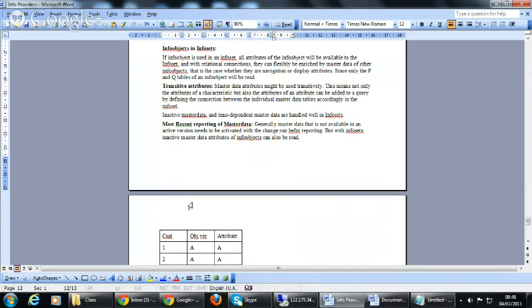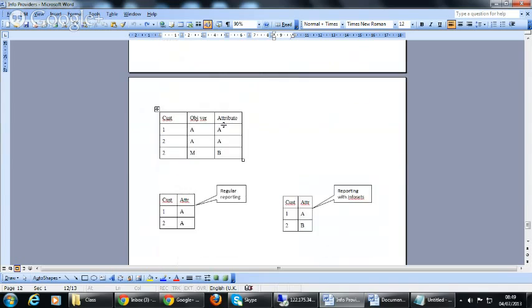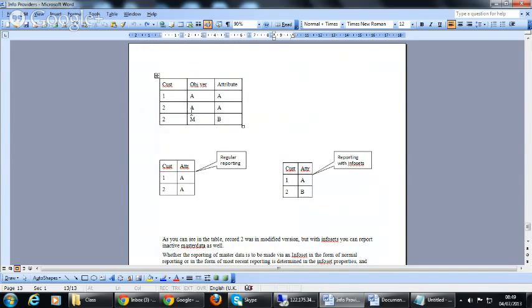Another thing is most recent reporting and temporal join. These are the two features InfoSet provides for the info objects. While we use the info object, we have most recent reporting of master data. For example, you can see this table here. In this table, you have customer 1 and customer 2, and a third record for customer 2 itself. For the customer 1, object